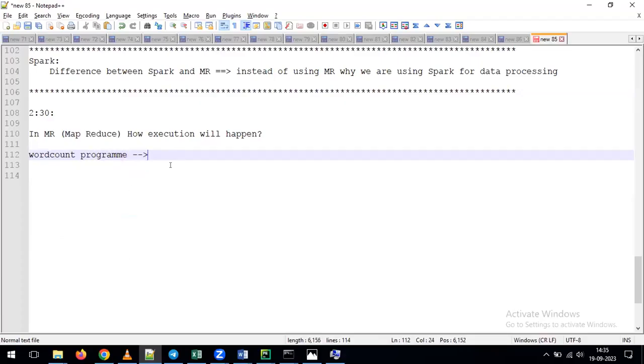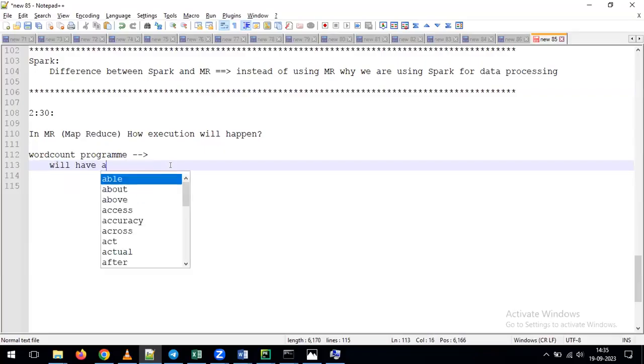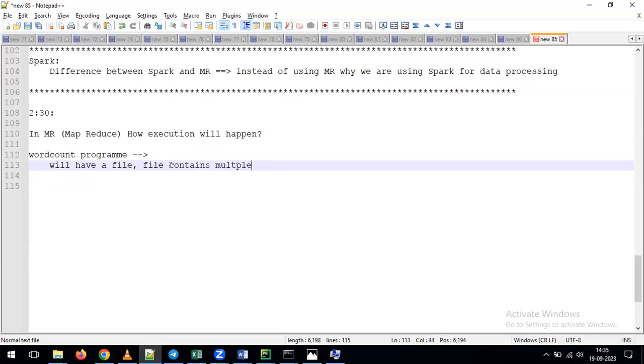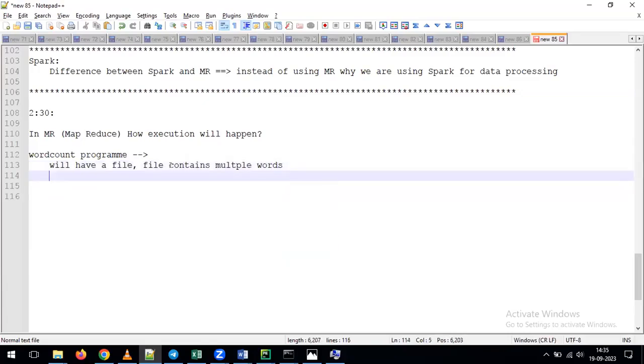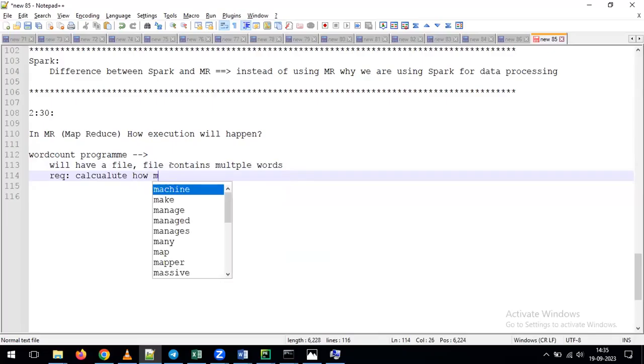As part of this program, we'll have a file, and the file contains multiple words. So here the requirement is to calculate how many number of times